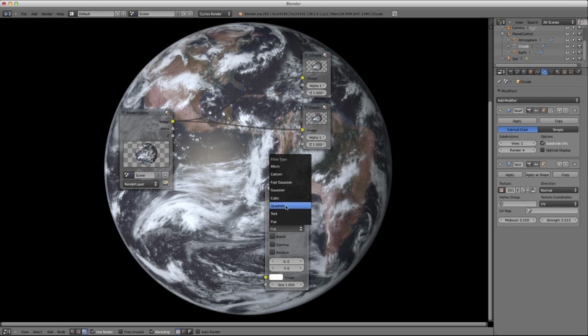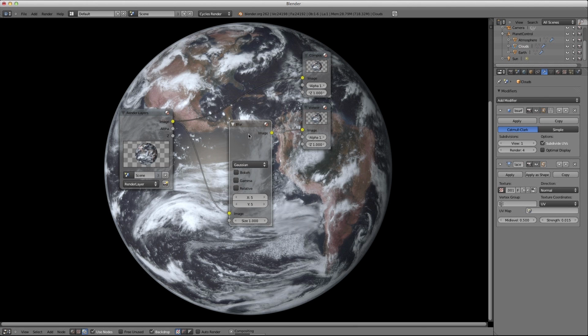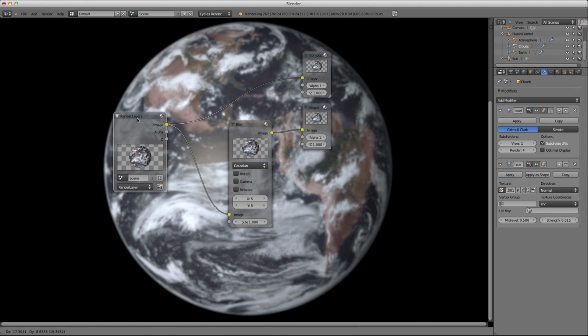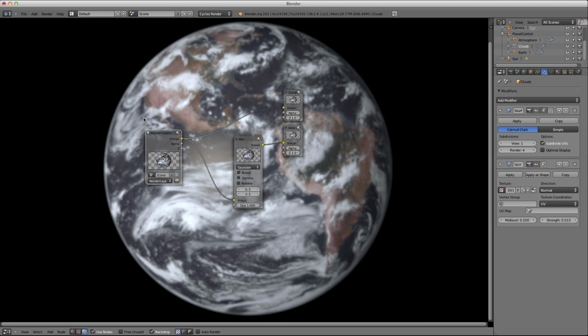We're going to make it Gaussian. We're going to set both the X and the Y to 5 pixels each and drop it into place. And you see we already have the blur. So we have a nice edge between Earth and space, but now all of Earth is